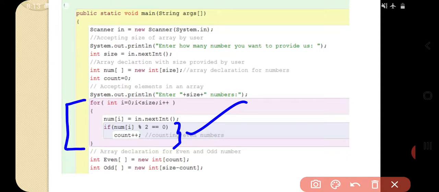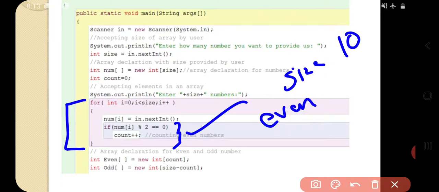After getting all elements and the count of even numbers, I'm going to declare an array because I'm having that count. For example, if the size of the array is 10 and I counted even numbers, that is 4 in count, then we create the even array and the size is 4.